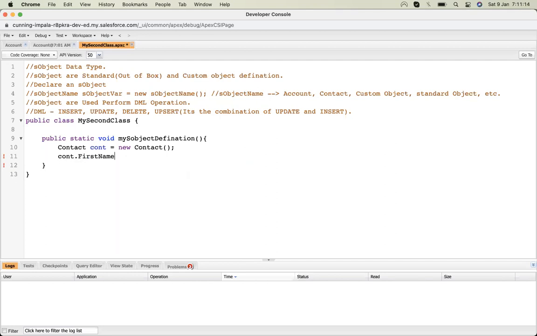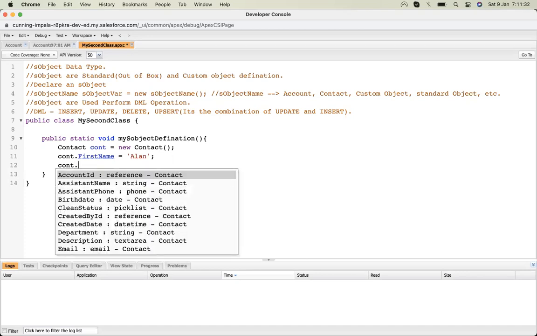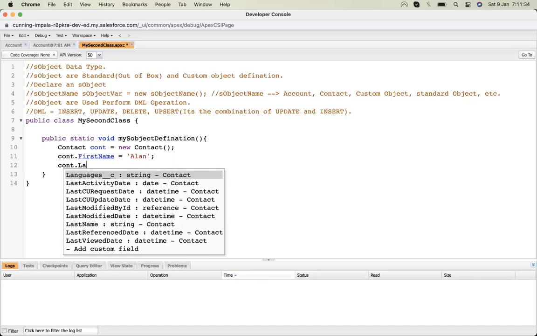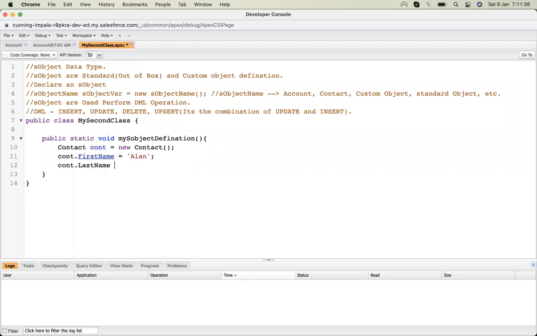So I will write first name, and then I put the value. Then contact has a last name, because last name is a required field.